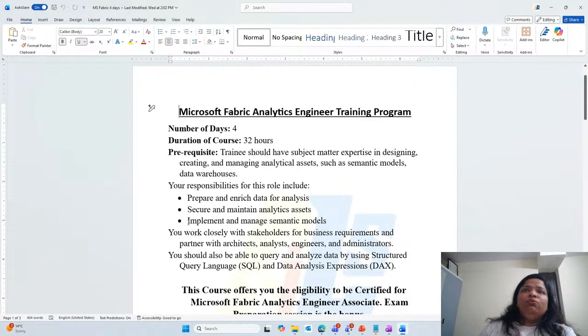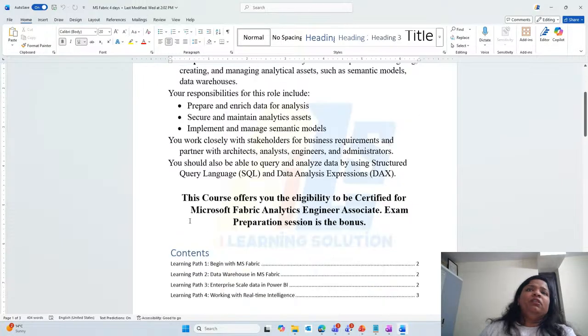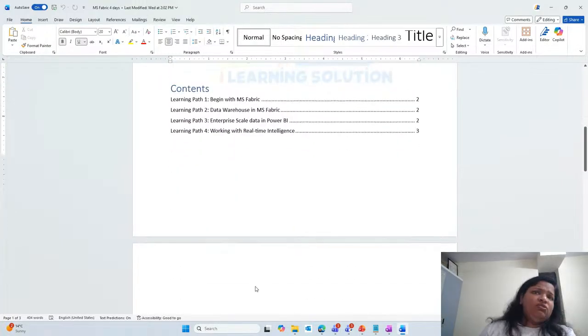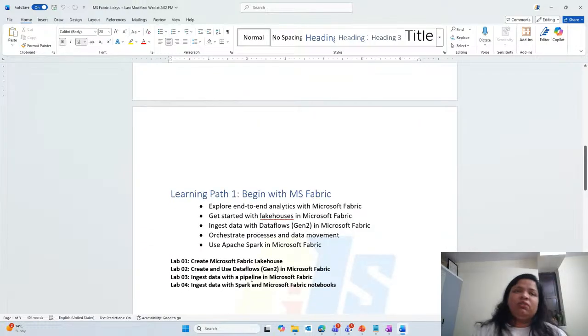If you start working on it, this is going to be the course content. We'll start with Microsoft Fabric. I have already given you some idea of what Microsoft Fabric is. So we will deep dive into this platform, how to enable Microsoft Fabric, or whom to ask to enable this service for you, and then how to begin with it.